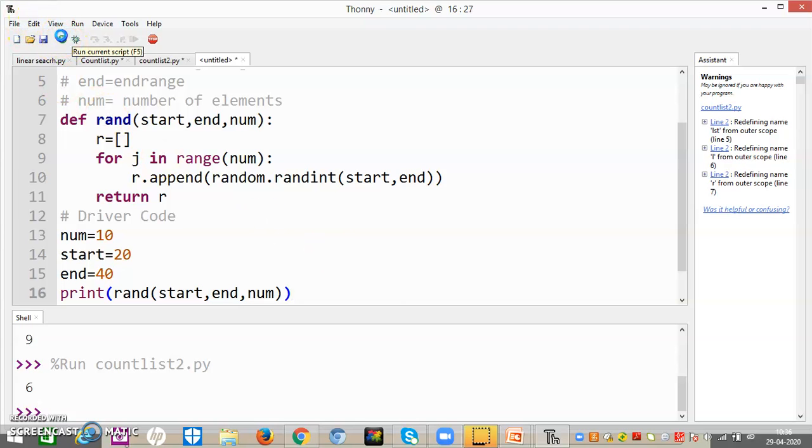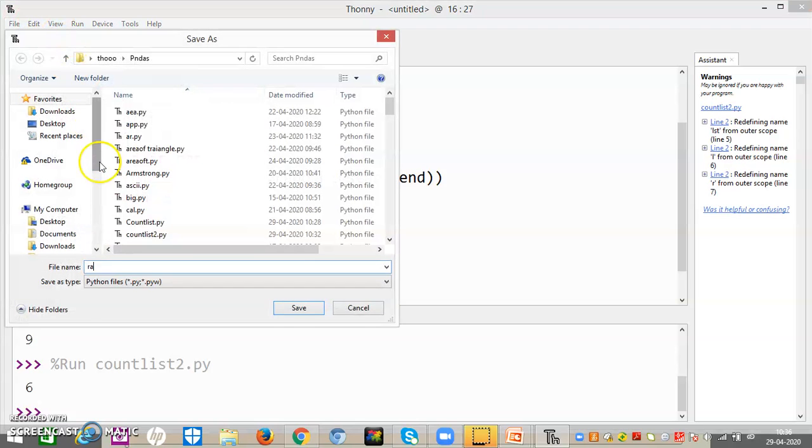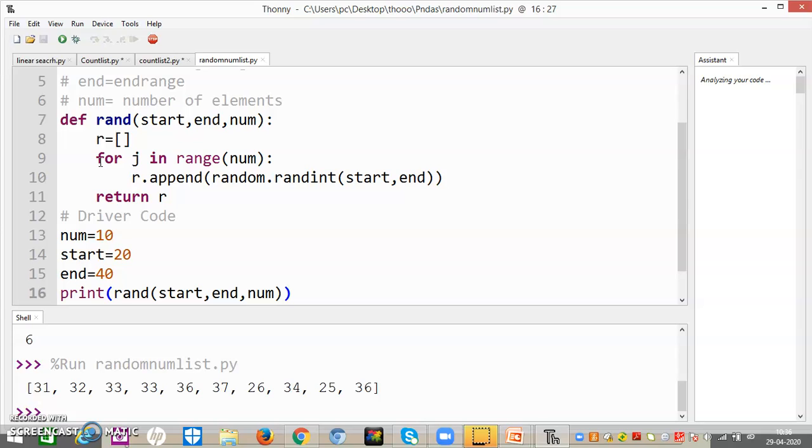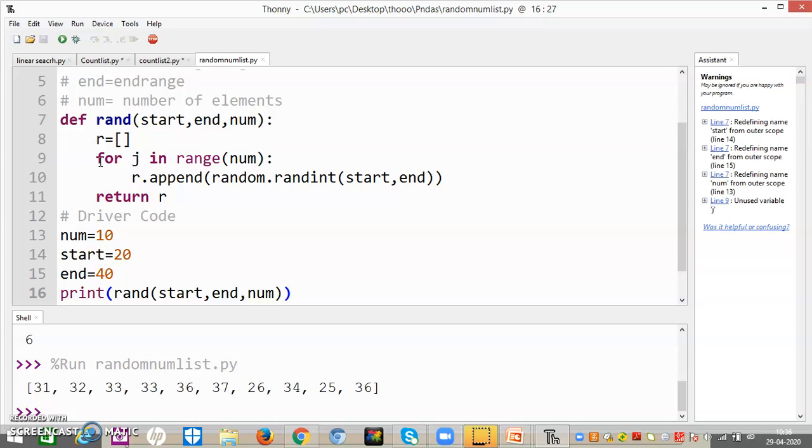Now let me save it and we will see what the errors and problems are. Random number list. Look, it has generated random numbers between 20 to 40.